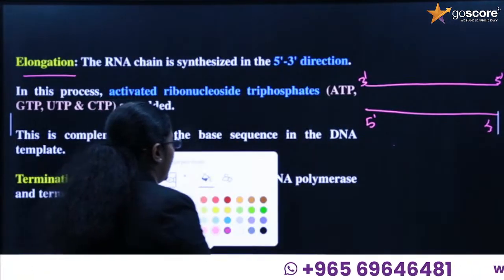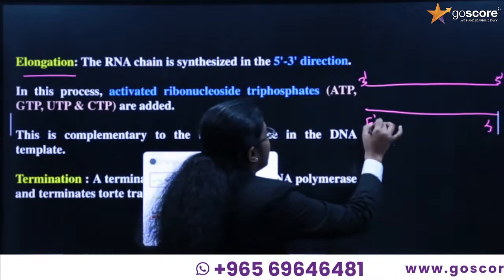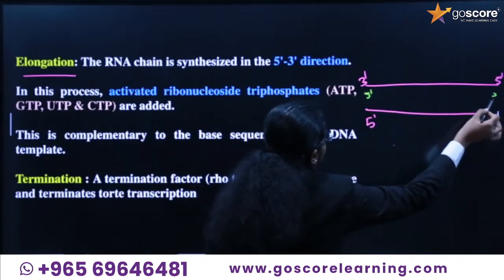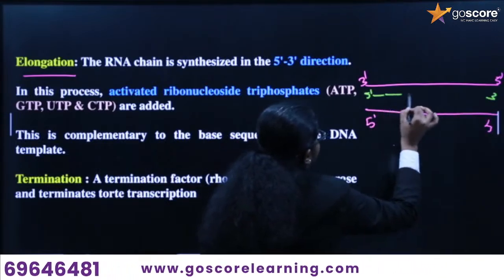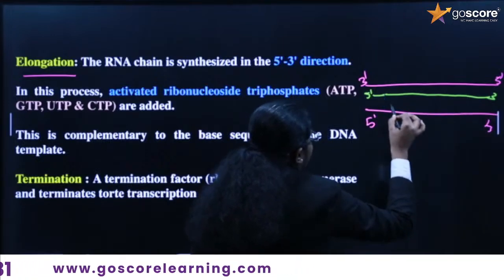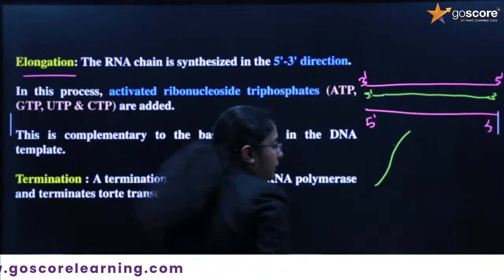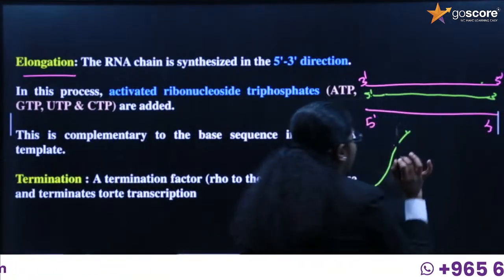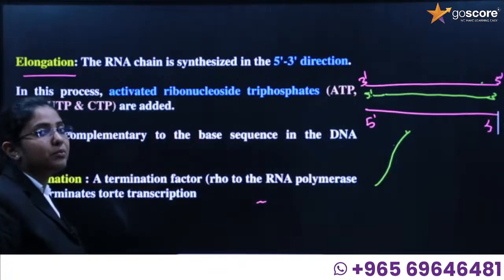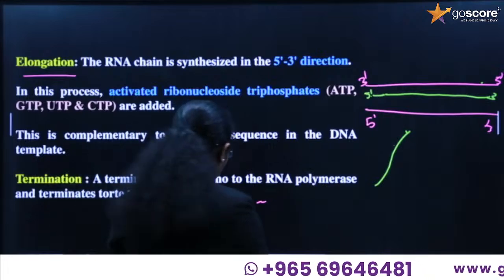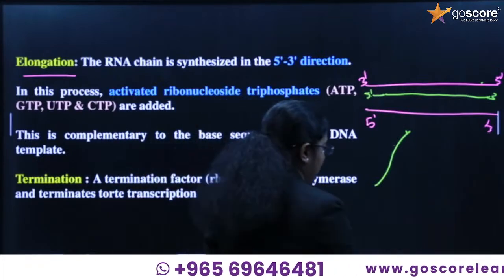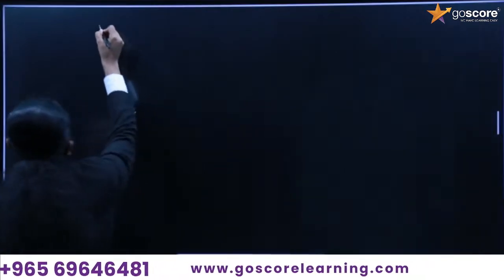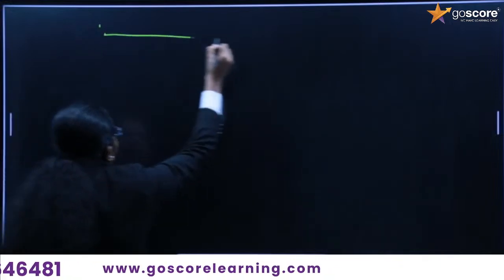If this polymerase enzyme comes and binds, the synthesis will take place in the 5 prime to 3 prime direction. That means the 5 prime end will come out first, and when it reaches the terminator site, the 3 prime end will stop. The 3 prime end will also come along with the structure. I'll draw it once again on a plain slide. If we are considering these two strands,